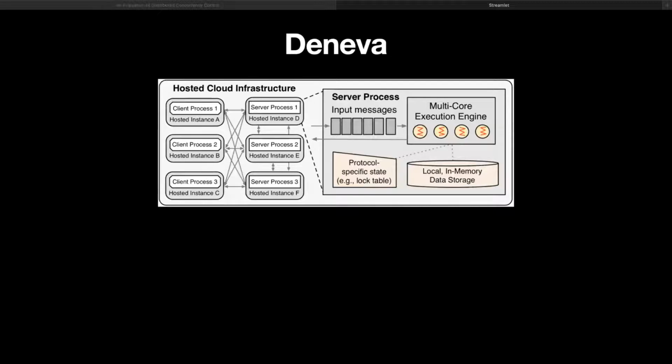So the framework, they try to keep it as simple as possible. You have a lot of client processes, and then you have server processes, and these basically don't share anything. They are hosted on different instances, and they have also kept the database in memory. That is to not have any overhead from writing to disk and stuff like that. And that is basically the theme of a lot of the decisions that they have taken in the design of Deneva: they don't want any overhead or any interference